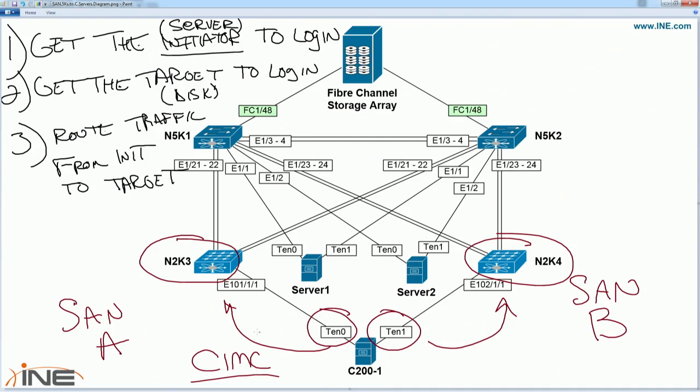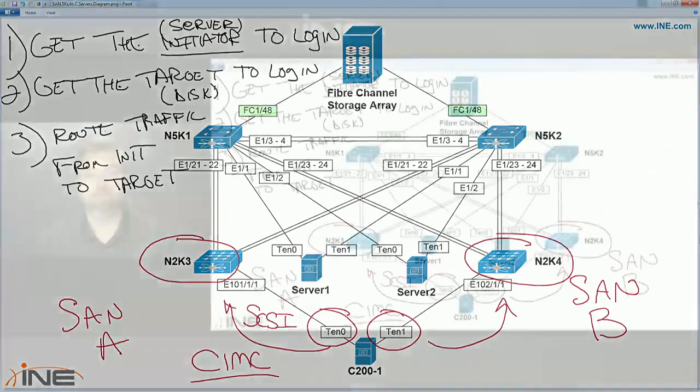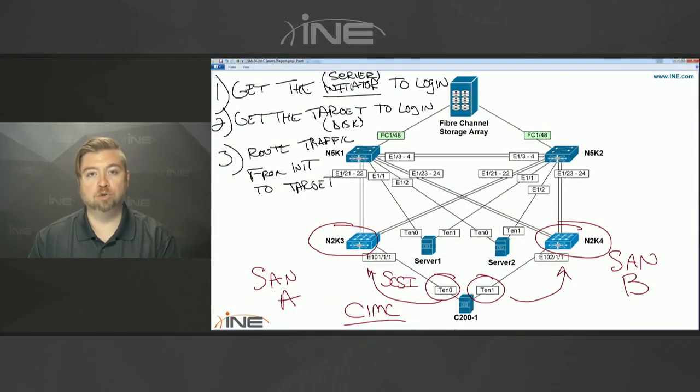The basic idea is that we can send our SCSI traffic, SCSI traffic being the read requests and the write requests to the disk, coming from the upper level OS layers. So the OS is going to say, I need to write to the database, I need to read from the database. So I'm going to send that as a SCSI command down the stack to the lower layers. In the lower layers, in this case, we have a Fibre Channel driver running. That's going to be a VMware driver that's talking to the physical Cisco adapter. And then the Fibre Channel adapter is going to take those SCSI commands and encapsulate them